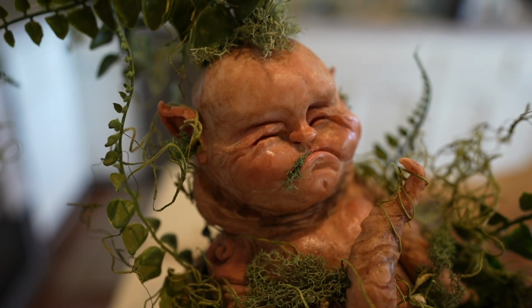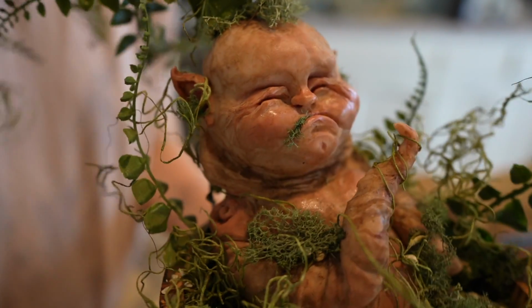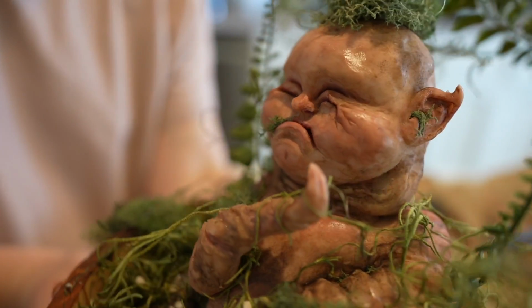And there we have it, our completed dirt baby. I'm super happy with how this turned out and had so much fun making